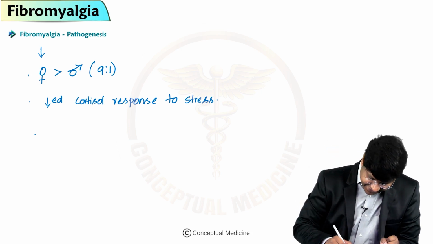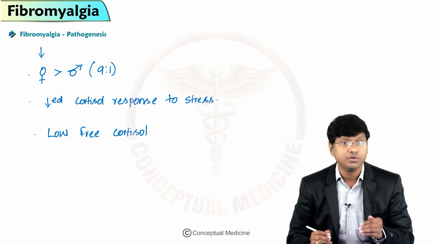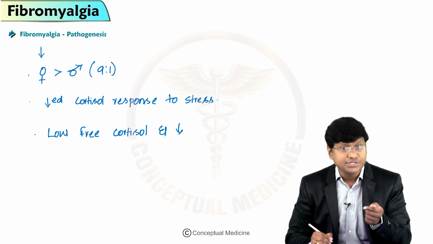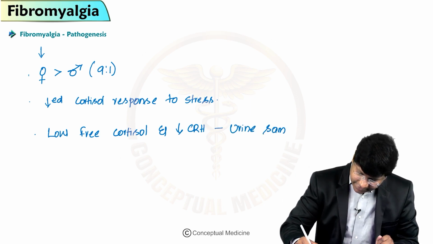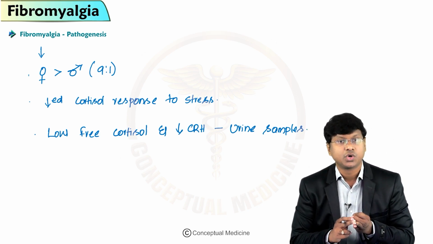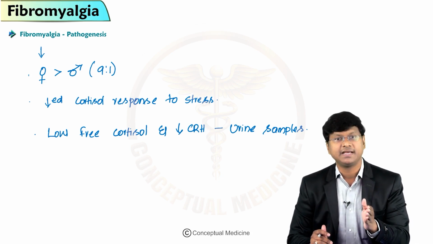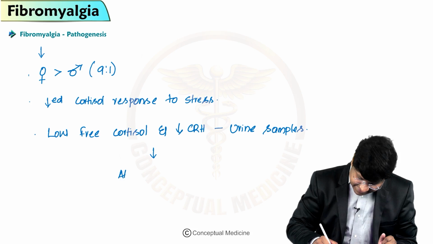Suppose there is low free cortisol and diminished cortisol releasing hormone in the urine samples. That is, there is decreased urinary free cortisol and diminished cortisol releasing hormone, and that will suggest an abnormal hypothalamic pituitary adrenal axis. Okay, so this will tell you that there is an abnormal